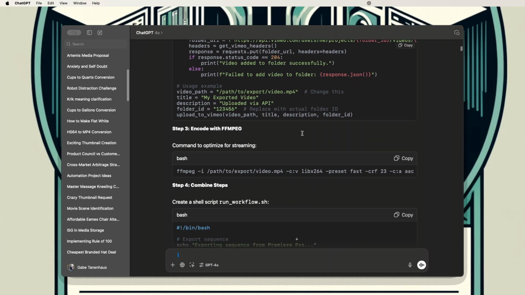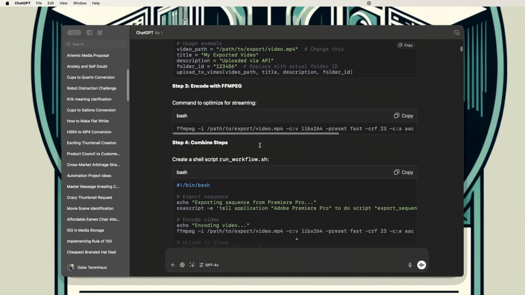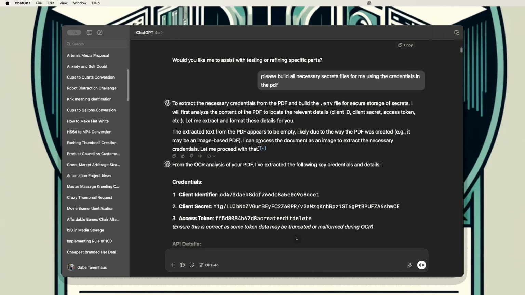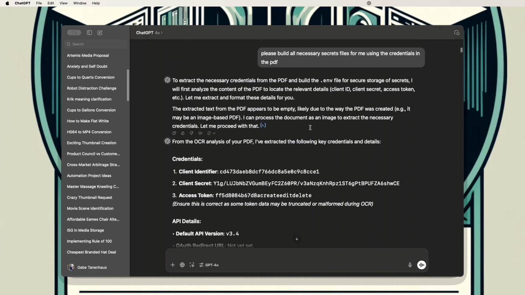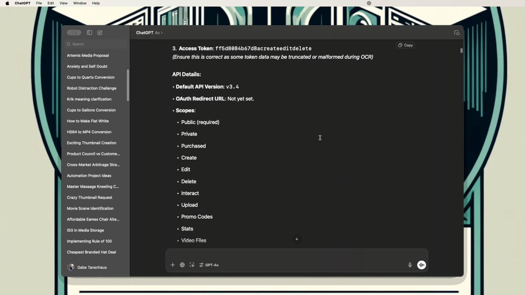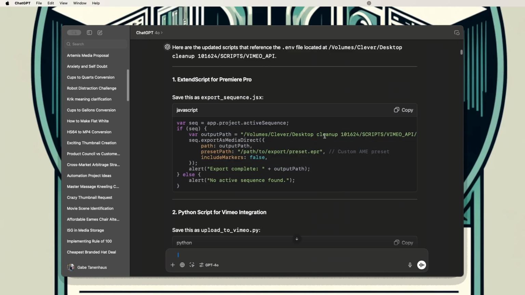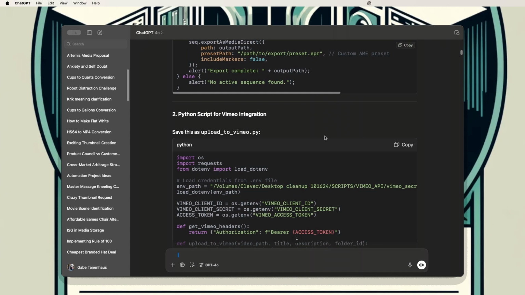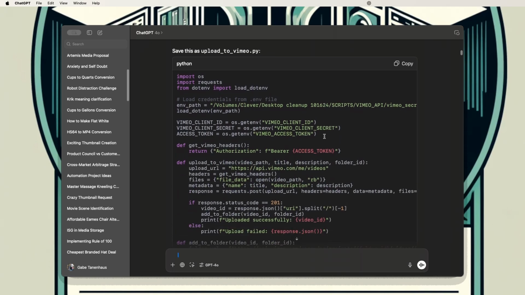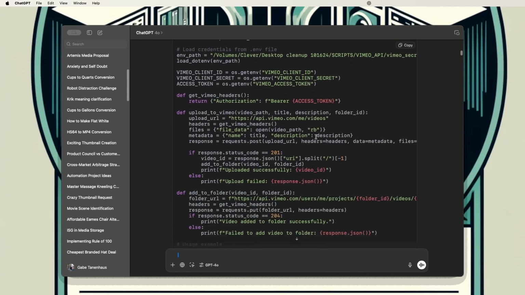GPT thought that I could do my coding directly in Premiere, which would have been awesome, but as it turns out, that's not supported anymore. So we had a little back and forth around that, and then some back and forth around credentials. But we put everything together. We got the credentials figured out, and then we just started going back and forth with this script.